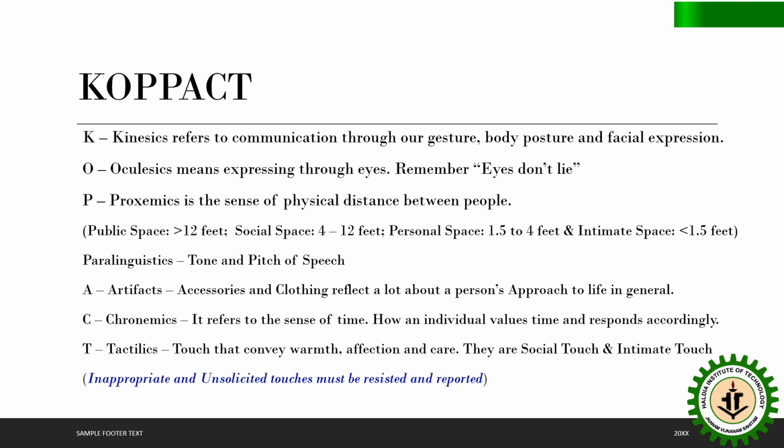Personal space is a space in which you maintain a distance of 1.5 to 4 feet. That means you're close to that person. That person is your friend. Or it could be the space between your siblings or your parents, who you're very close to. Intimate space is between a mother and a child, when the child is an infant or very young, or it could be between a married couple. So, intimate space is for those whom you do not allow everyone, but only some specific people.